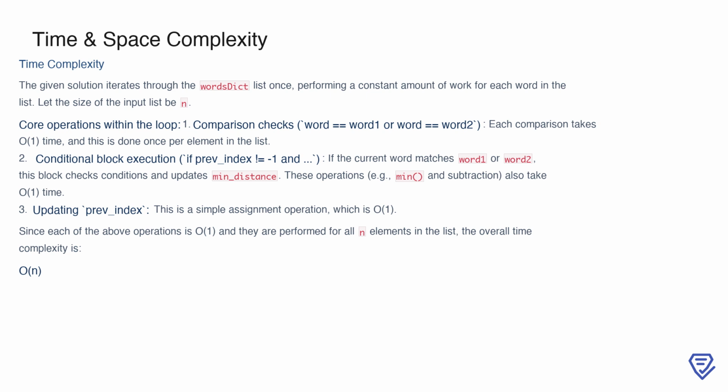First, we check if the current word matches either word 1 or word 2, a comparison that takes O(1) time. Then, if one of the words matches, we enter a conditional block where we calculate the potential new minimum distance and update min_distance if needed. These calculations, such as subtraction and the min function, also take O(1) time. Finally, we update the prev_index variable, which is a simple assignment operation and similarly takes O(1). Since these operations are constant time and repeated for all n elements in the list, the total time complexity is